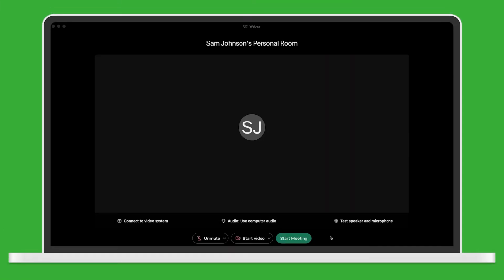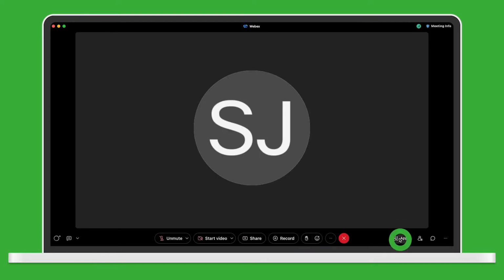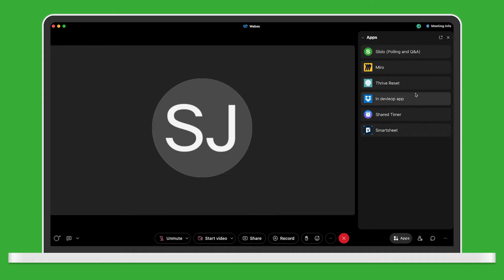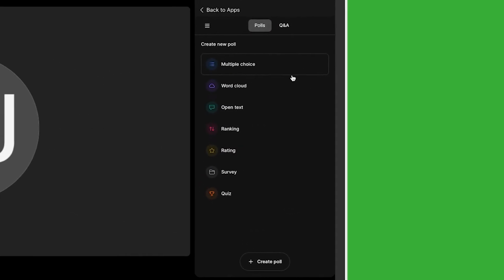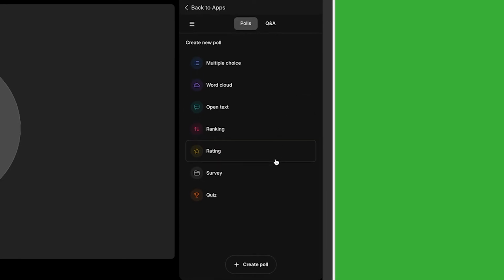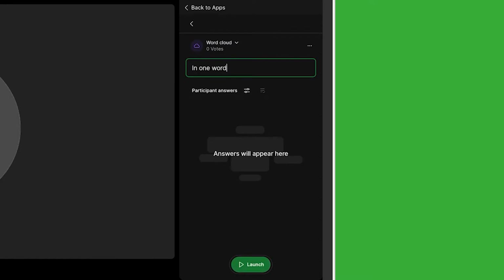Once that is taken care of, schedule a meeting, launch it, and click the Apps icon here at the bottom. Pick Slido from the sidebar and open it. Here's where you can set everything up as the host of the meeting. There are many poll types to choose from, so let's just create a quick word cloud poll to kick off